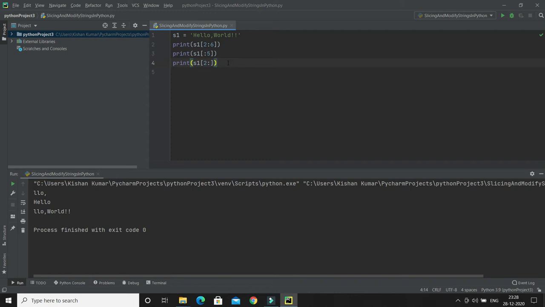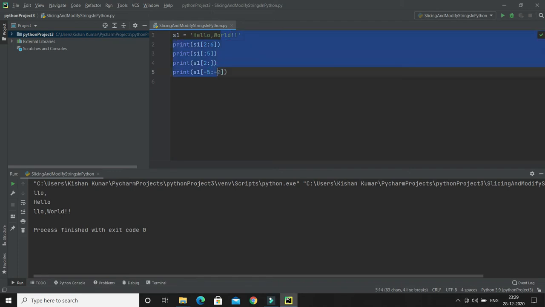So let's say I would like to retrieve characters starting from -5 to -2. How can we do that? Simply, I'm going to paste it, and I would like to start from -5 to -2. So what is going to print? Let's decide first, then we'll run the program. Here this is -1, then this is -2, -3, -4, -5. So it will start from -5, then -4, then -3, and that's it.